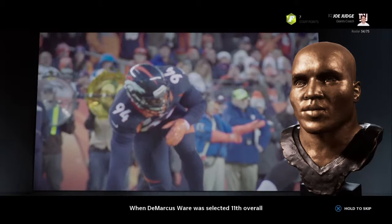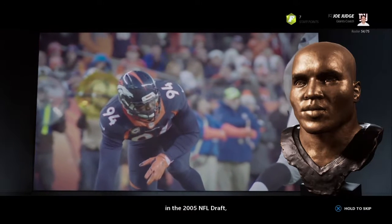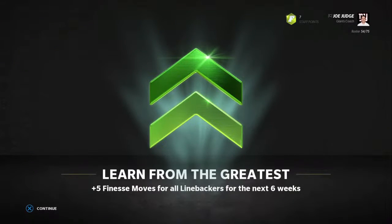When DeMarcus Ware was selected 11th overall in the 2005 NFL Draft, he became the first Troy University player to ever be